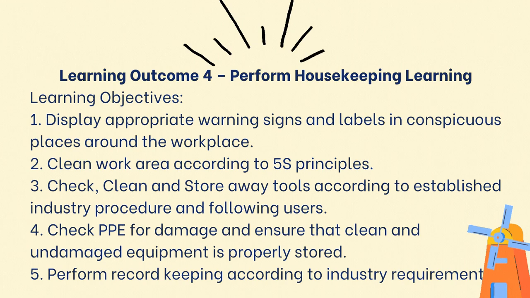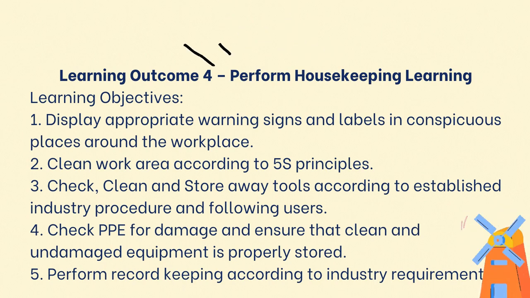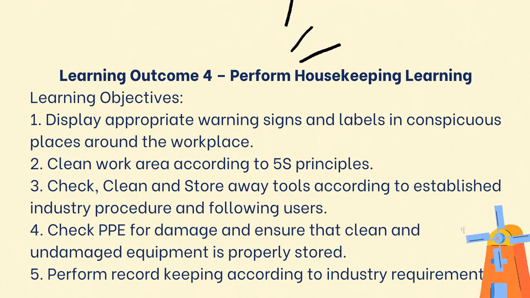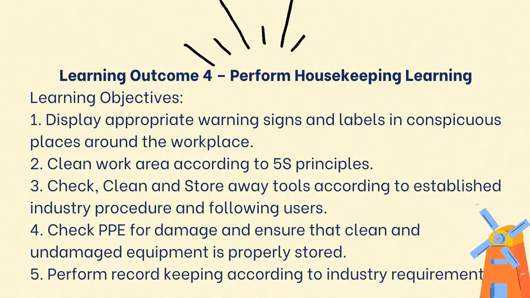Check, clean, and store away tools according to established industry procedures and following users. 4. Check PPE for damage and ensure that clean and undamaged equipment is properly stored. And 5. Perform record keeping according to industry